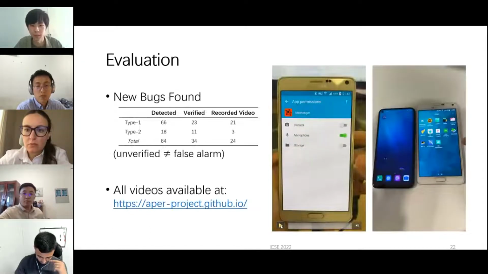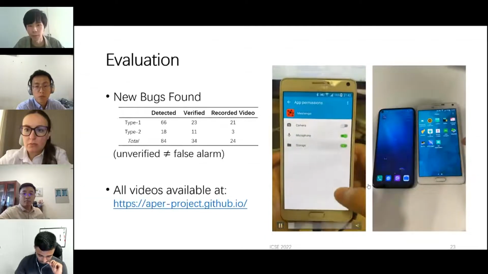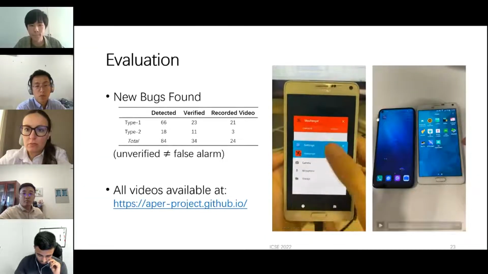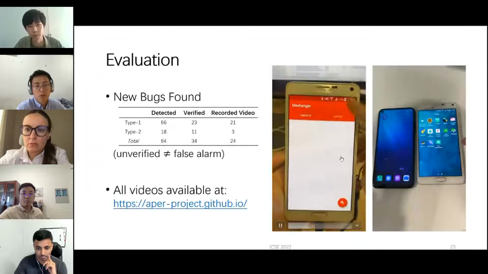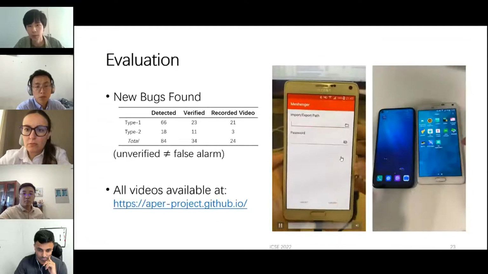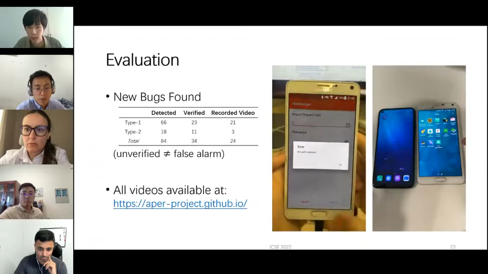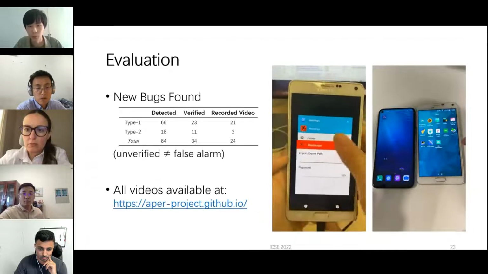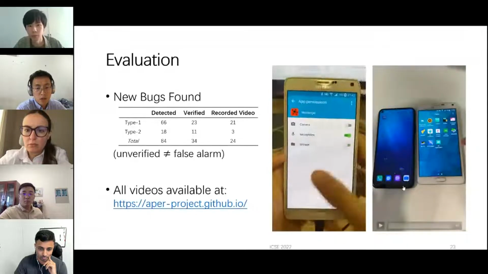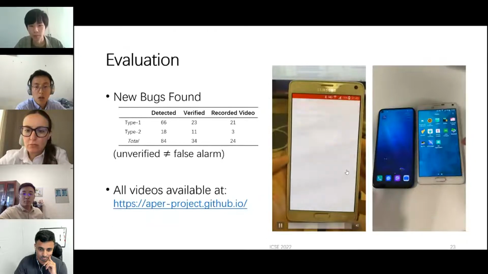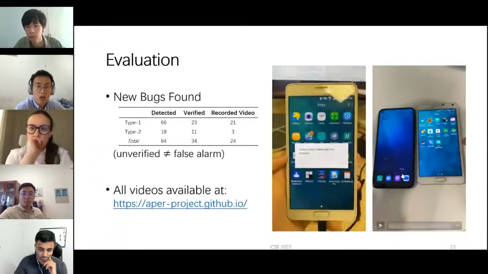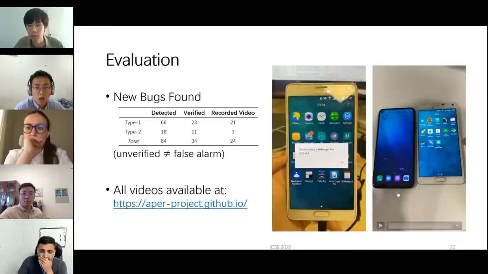And this is some example like this. If we enter the app and do some operations, and then if we revoke the permission and back to the app, it will crash. Also, this is a type 1 bug that is caused